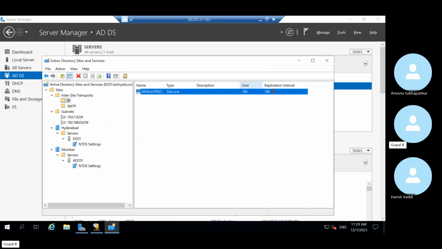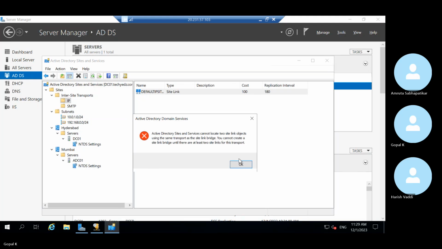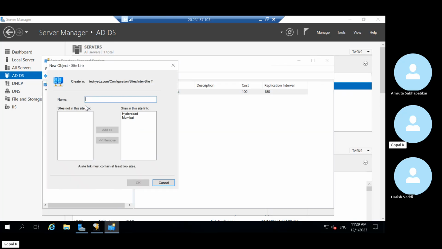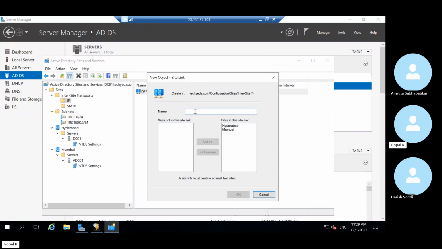Okay, so the default is 180 minutes. What I told you, the replication interval would be 180 minutes. So I am creating a new site. I need to create a new site link. What is the site link name I am giving? Hyderabad to Mumbai